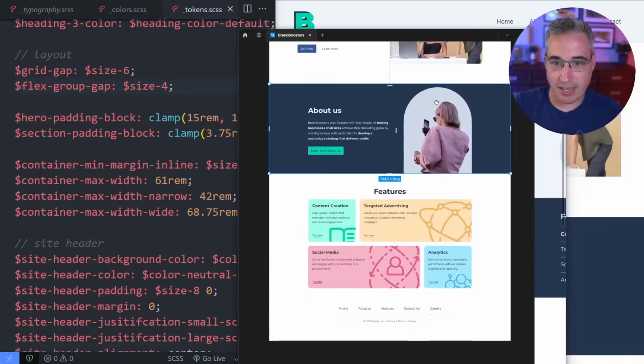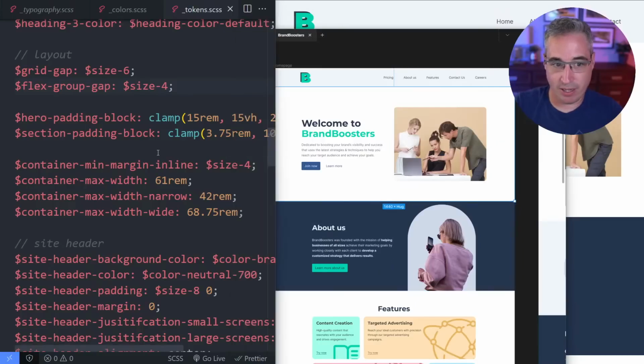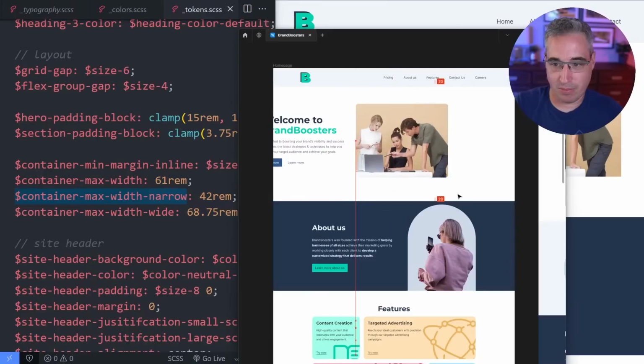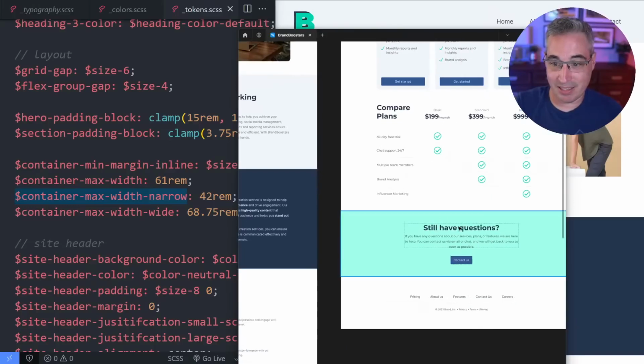So what I would do for that is, I'm looking here, and this area at the top is wider than this area down here. So I have a container max width, which is my normal one. I have a narrow container for things, come on, where's the hand, Figma? There we go. For things like this, you always have those areas where you need a container, but it needs to be